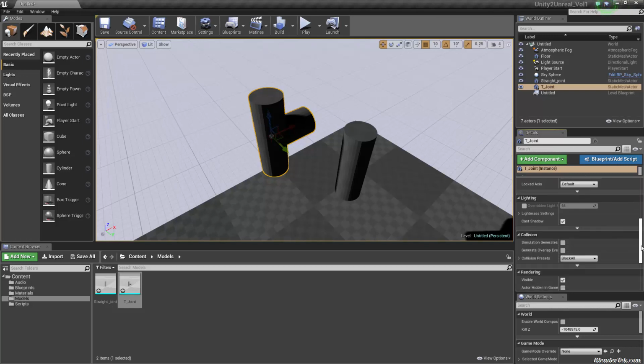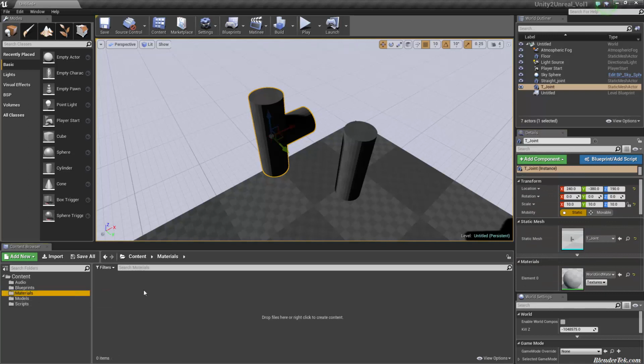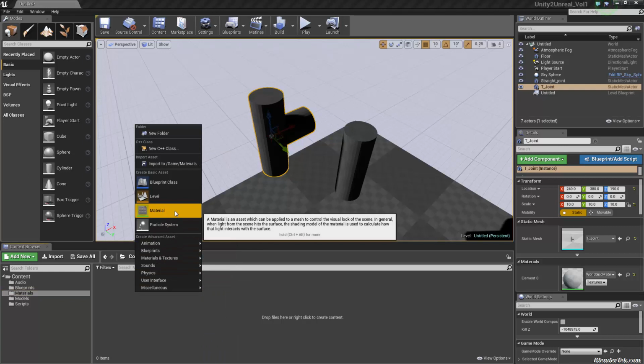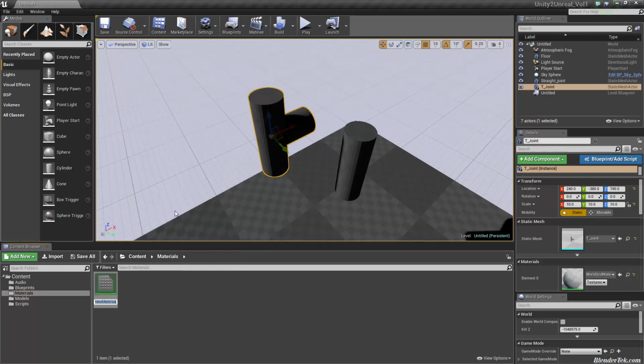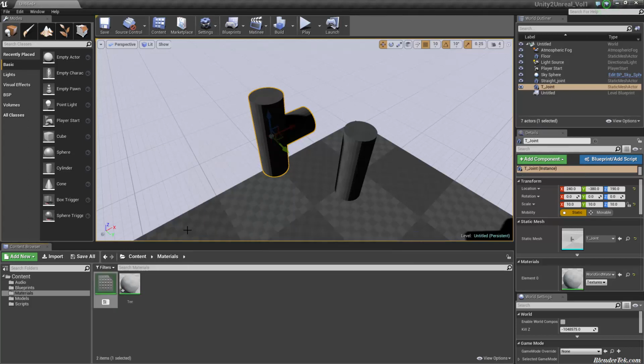So this makes me think that I probably need to create a new material. So under my materials folder, I'm going to right click, and perfect, a basic asset is material. So I'm going to create a material called T, just like we did in Unity, and I'm going to create a new material called straight, just like we did in Unity.